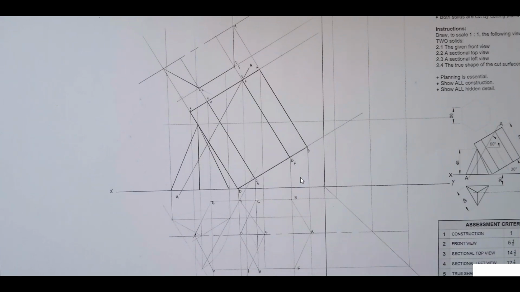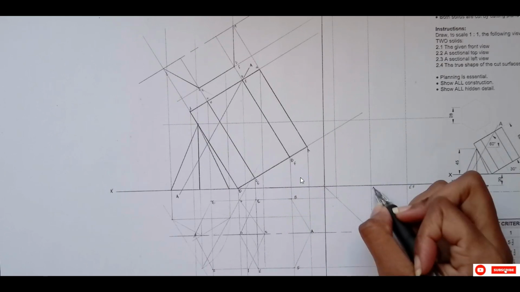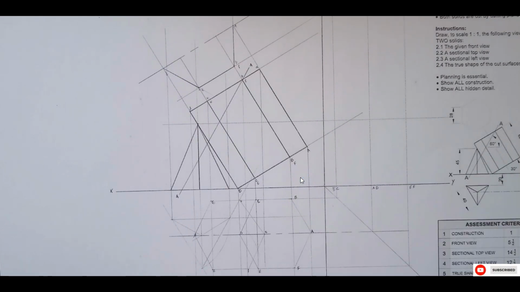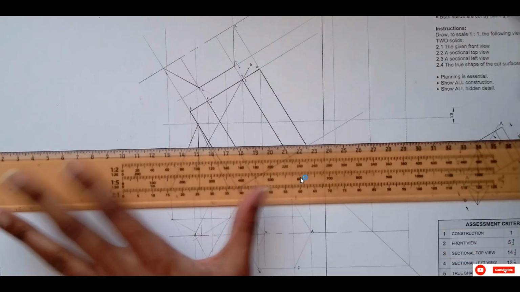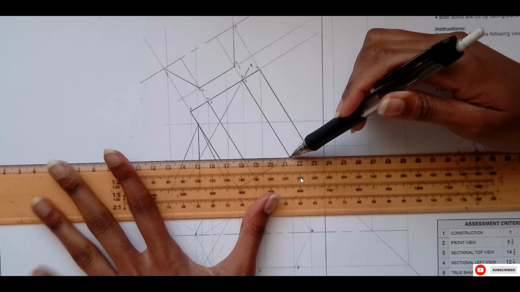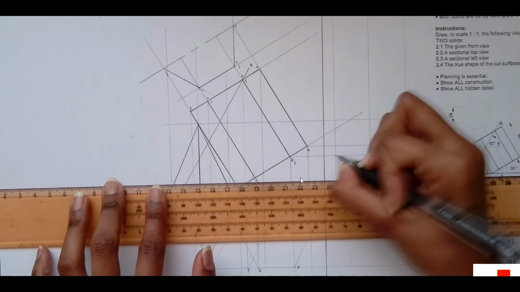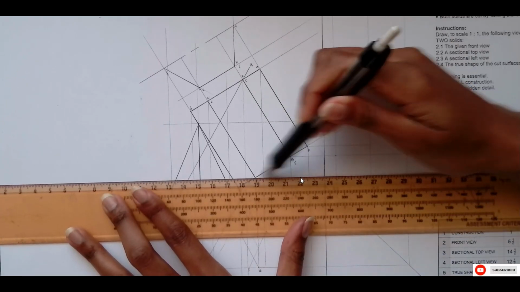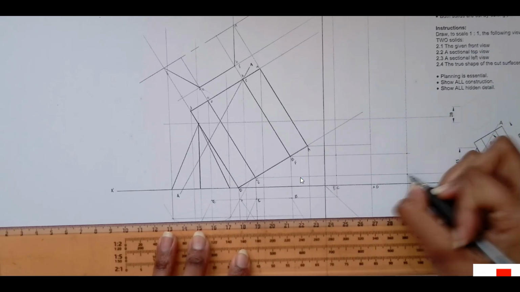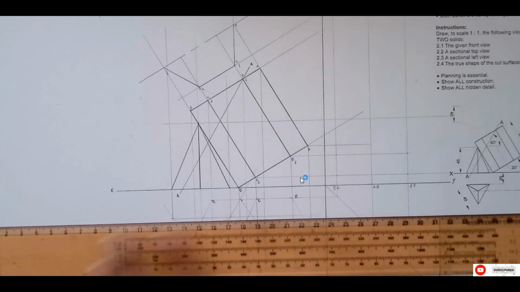So let me just label them E, F, A, D, B, C. A, B, F, B, and E. And lastly, let me, since it's on the XY line,